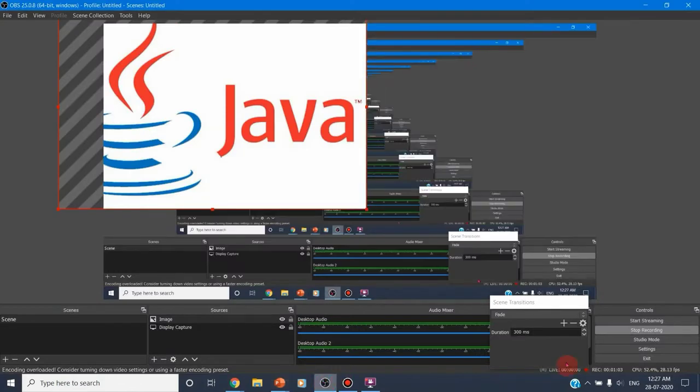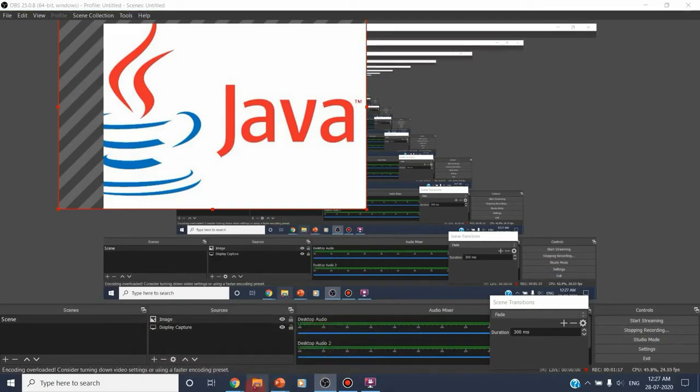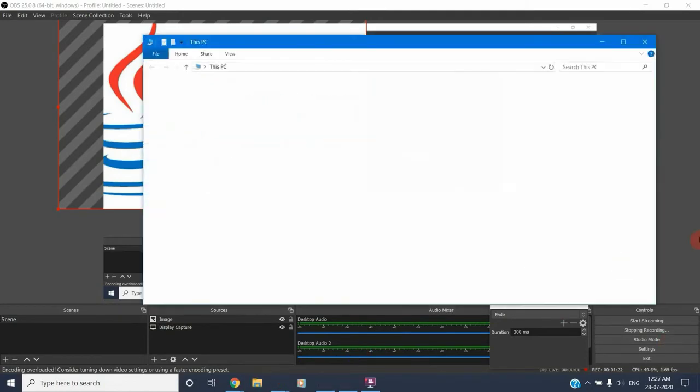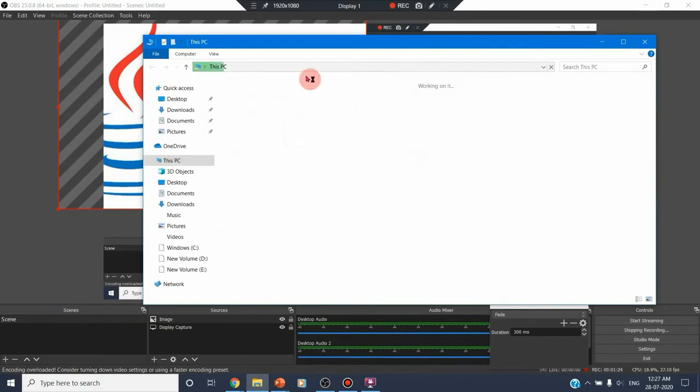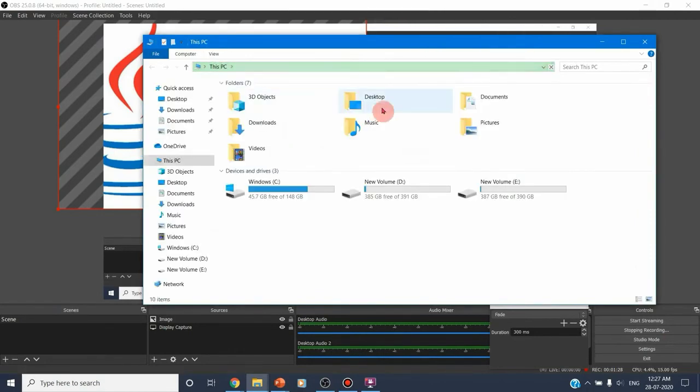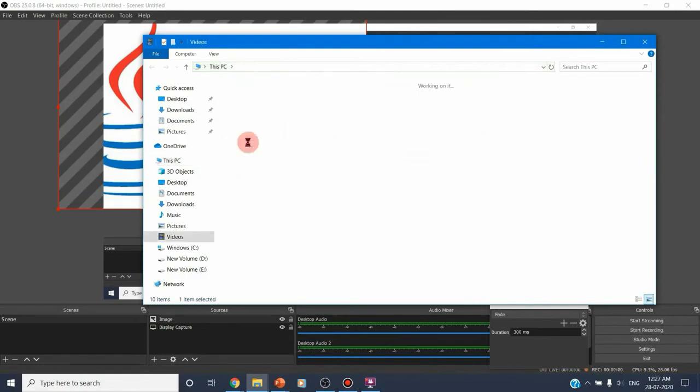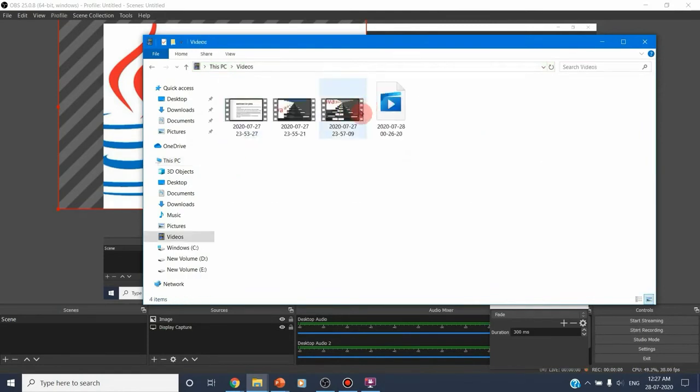Now here I should click on stop recording. Now the recording stops. Already we have set the recording path to be stored in a particular local disk, and I can go there. Since it is stopping, I should wait for a few seconds. Now it's ready. Now this can be collected in the video folder. Now the recording is available.